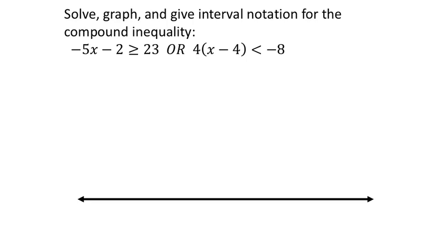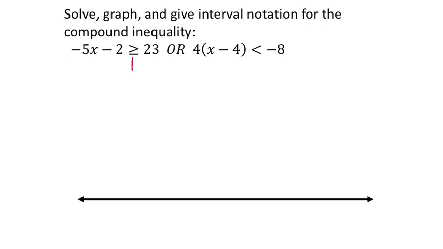So solving, graphing, giving interval notation, again, nothing new, just with the last lesson we saw most of this stuff at the very end. But now we can see that it's going to require a little bit more of what we've done already. But the good news, again, is that we treat these like they're equalities. It's not going to change. Nothing about the inequality symbol is going to change until the very end, at least if we follow this method, okay? So I'm going to start with the 5x minus 2 is greater than or equal to